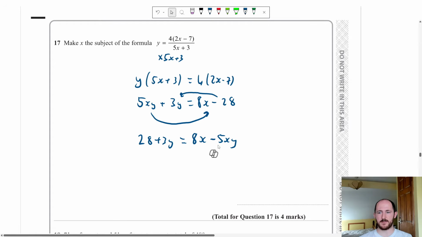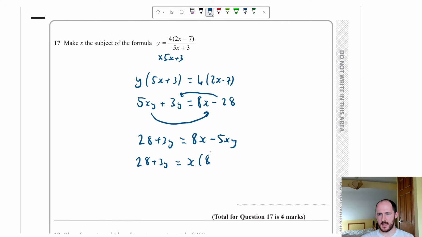So we're going to factorize out the x now, because we have 2 lots of x. How do I make it 1x? We factorize out the x. So 28 plus 3y equals x times 8 minus 5y. Now divide both sides by 8 minus 5y, we get 28 plus 3y over 8 minus 5y